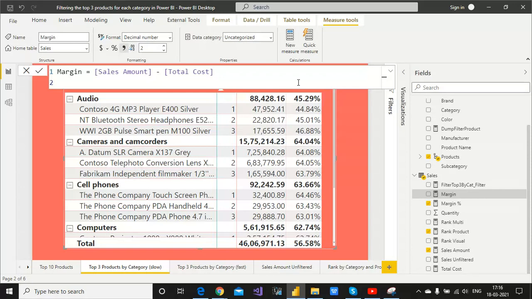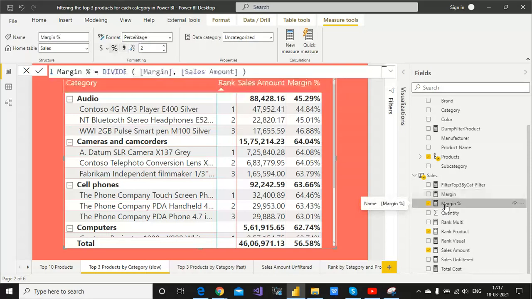Include everything in total cost and exclude that from sales. After that, let's calculate the margin percentage: margin divided by sales amount. Why do we use divide? Because if something is blank, it would display an error. With this formula, it will not give this kind of error.